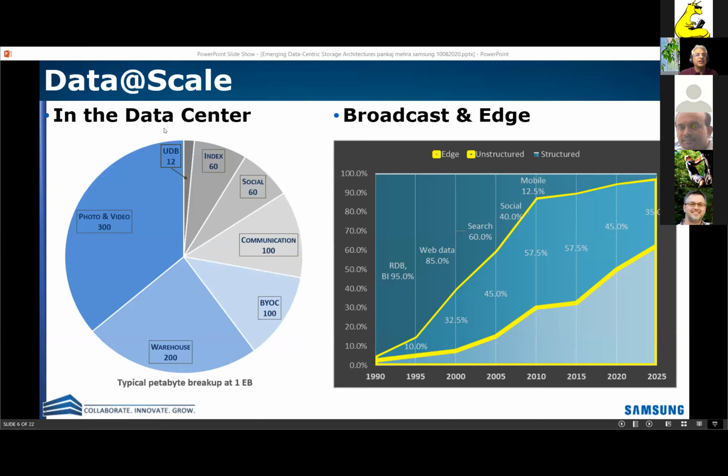If you look at the data centers that do have exabytes in them, roughly 40% of that is structured data in some form. And whatever is not structured, like photo and video, things like GPUs are rapidly converting that into structured data. So for example, at CMU, there is a project.